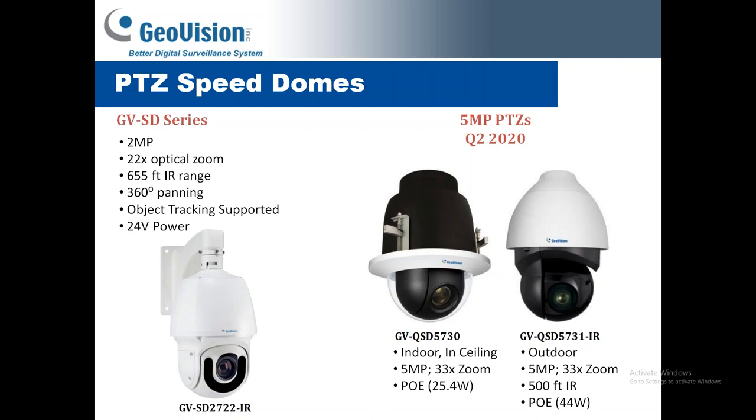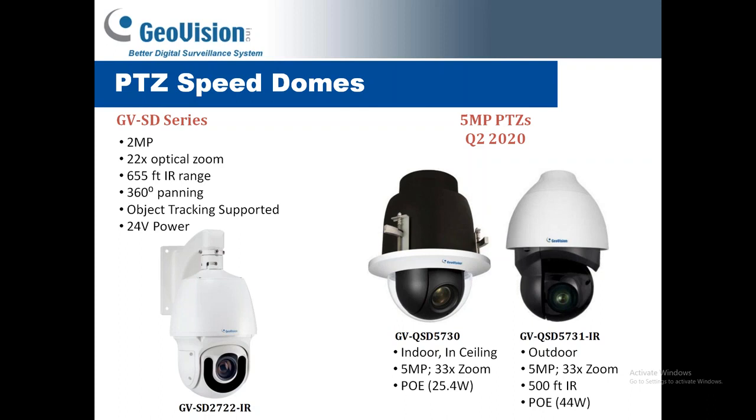Current lineup of PTZ cameras, the model that we have now is the one on the left. It's the SD2722-IR. This is a 2-megapixel with 22x optical zoom. Very good night viewing capabilities, 655 feet of IR range, and it does support object tracking as well. I do note that the current model is powered by a 24-volt power adapter that comes with it. We will be releasing some new